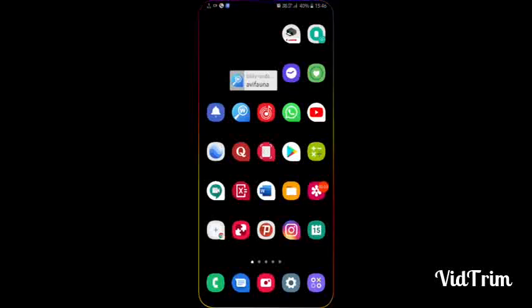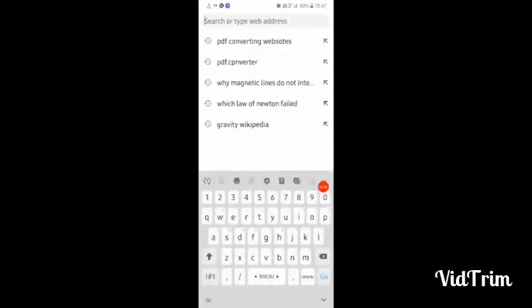So, in this video, I will show you the two quickest methods. First is to use websites. You will need to open a web browser and go to the search engine. On the search bar you need to type PDF conversion websites.